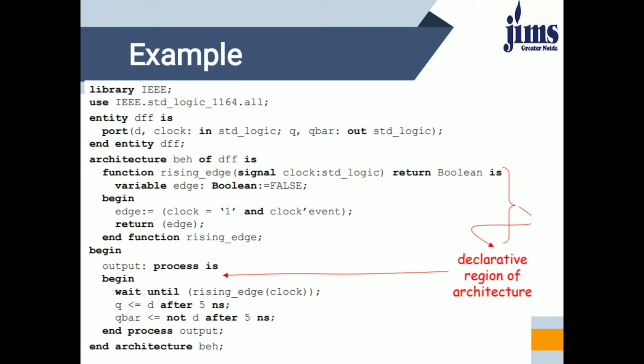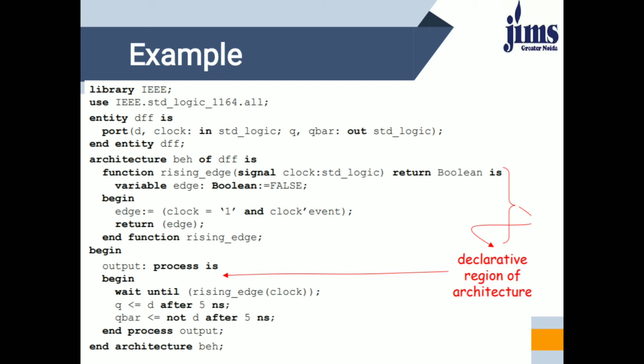We will write begin, then conditions are defined, and then we will get returned value. Now again we will write begin. Now this time we will define the wait condition. It means output processes, where again the sensitivity list can be written. Now begin, wait until an event occurs on rising_edge clock.